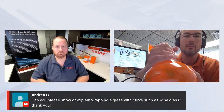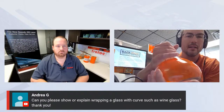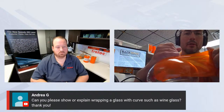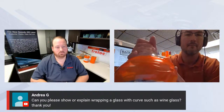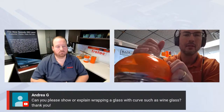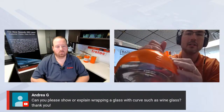So what you would do with Blazer Orange to get it to conform easier on a curve is remove the carrier, like I did in this example. And so here's the film, very stretchable. I consider it like a balloon, because it's very stretchable. If I stretch it and apply it, I'm doing this backwards in a camera, so I know it's a little complicated, but if you stretch it, you remove any kind of bubbles, any wrinkles. So it's very stretchable material